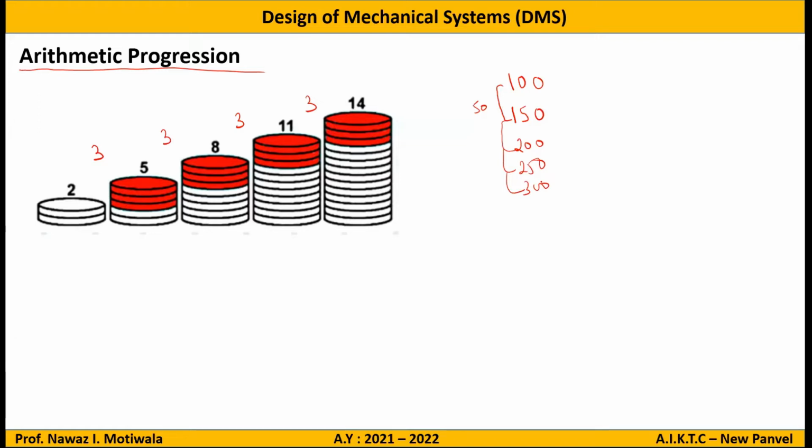Now let us say the question may not have told you. You are a designer. The question will not tell you that we want AP or GP or whatever. You have to decide based on the requirement. What will be mentioned in the question, and what the customer will give you: I want the minimum speed to be 100. I want the maximum speed to be 300. That's it. So the customer told you that the minimum speed is 100, whatever the unit can be, and the maximum speed is 300.